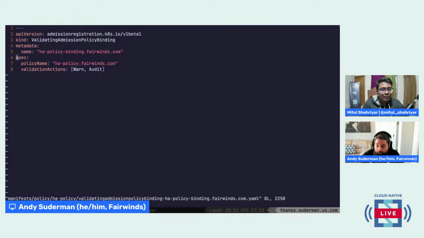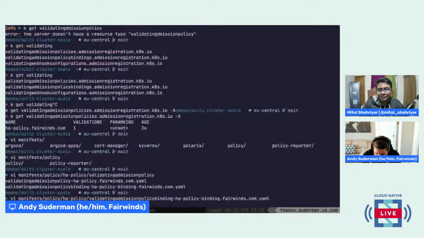And then from here, you can also actually restrict where this gets applied. So you could say, don't apply this policy in specific namespaces, or don't apply it for specific named workloads based on different patterns. So there's a lot of options there. They're all in the documentation, but we stuck with a very basic one for this demo.